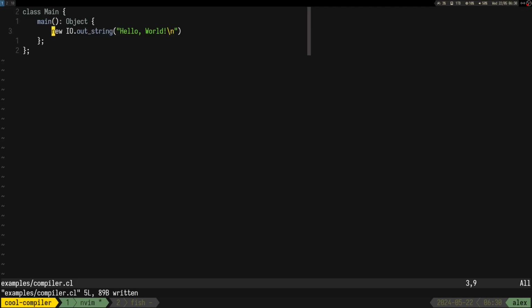So let's say that this compiler only takes in as input from stdin, basically. So let's say that's the case. Maybe it makes sense to have that.